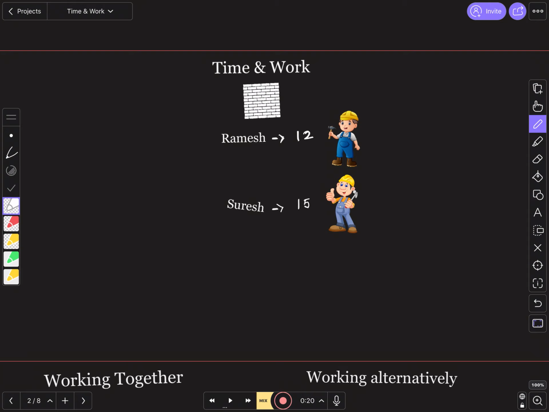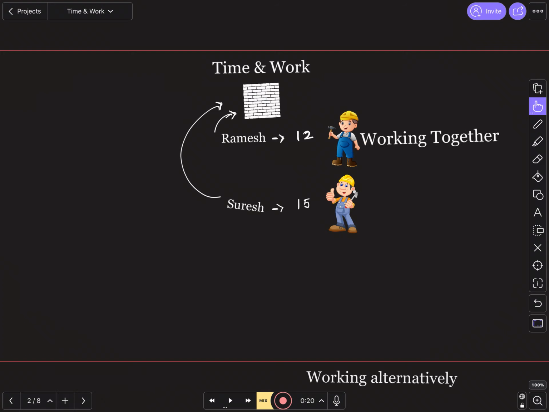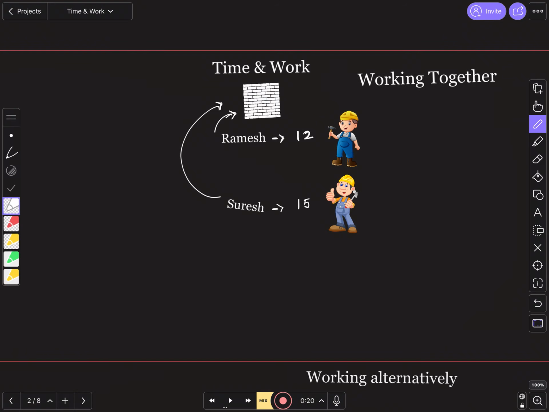Now what is given? Ramesh working alone can do a certain piece of work in 12 days, which means if he has to make this wall, he can make it working alone in 12 days. Suresh working alone could do a certain piece of work in 15 days, which means if he has to make the same wall, he will do it in 15 days. First, the simple question which I hope all of you should be able to answer after the first 4 videos: if they are working together,